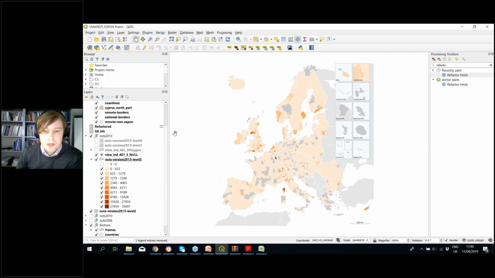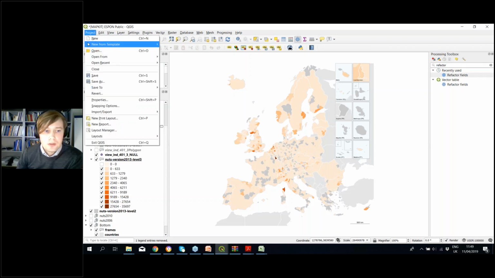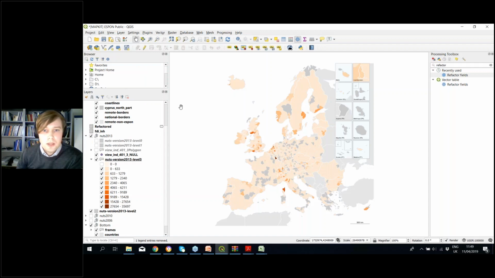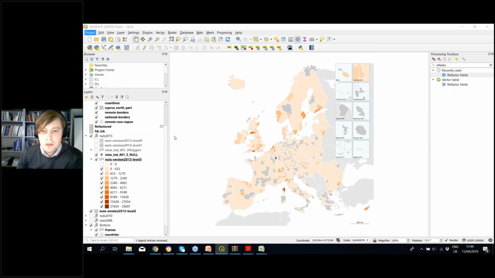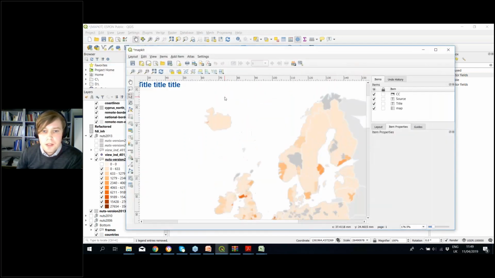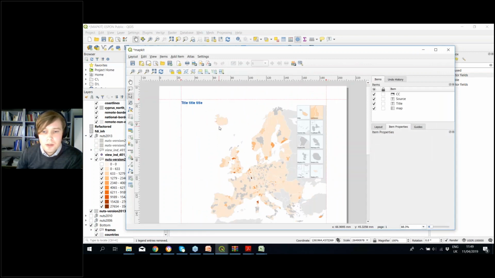Okay, so now we have composed our map. Now it's time to attach a legend to it. We go now from the data view to the layout view. And for this, we click on Project, Layout, and we click on MapKit. And here we can change all the elements that might be relevant. We can also customize everything that we want to customize. So, for example,